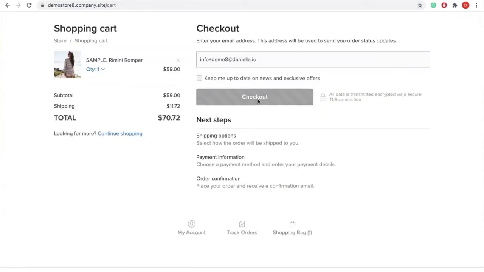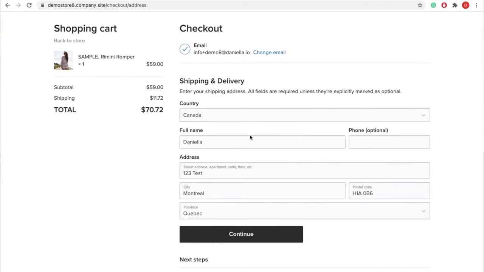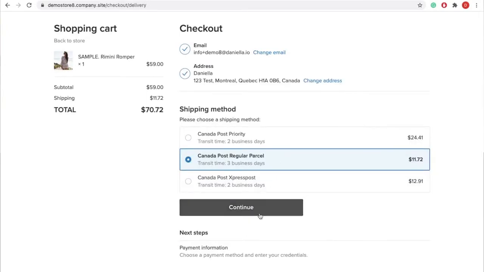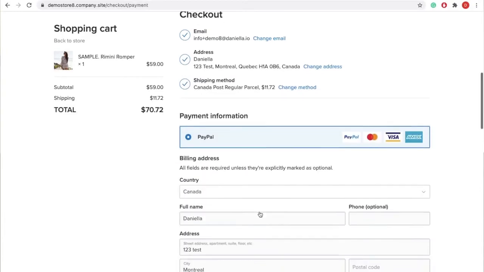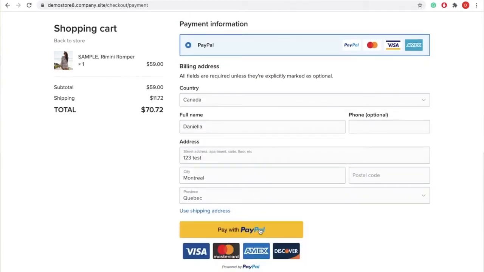Once they start checking out in your online store, I'm going to click on checkout, and here I can enter all my information and then click on continue. At that point, it'll offer me the automatic shipping calculations. I can choose what shipping method I'd like and then pay. Now, on edit site,